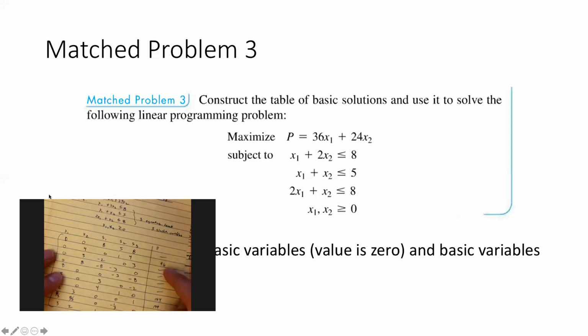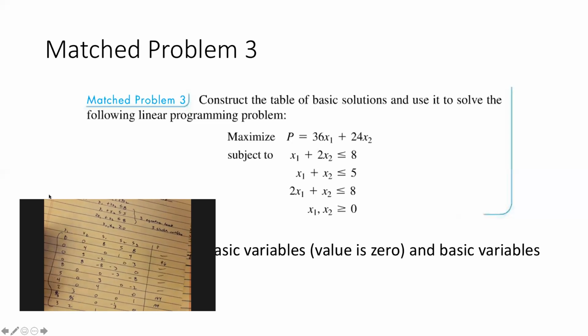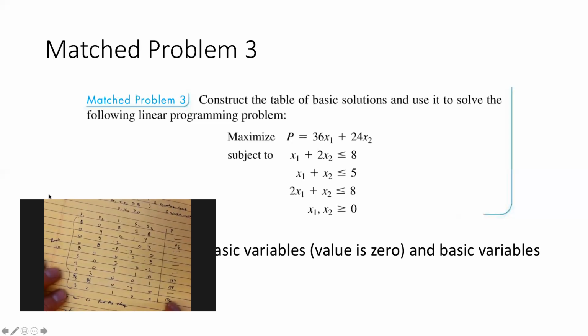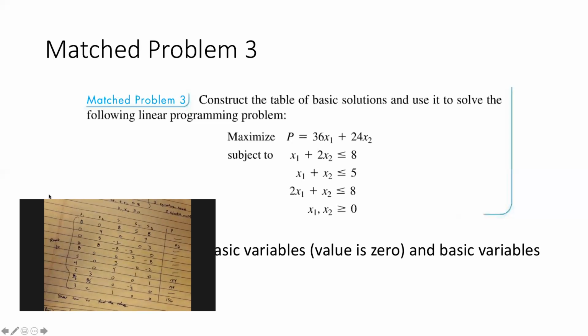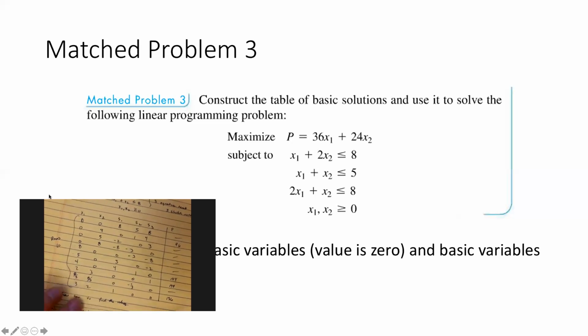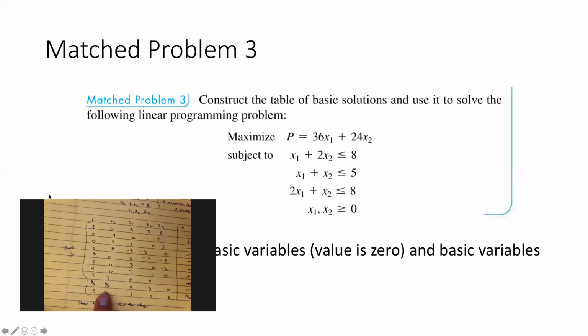And as you can see, a couple of them are dashed out because the slack variables are negative, which means they're infeasible. And if we're looking at this, this is going to be our optimal solution right here: 3, 2, and 1, and 0 and 0 for our slack variables. Okay, so let's show how we can get